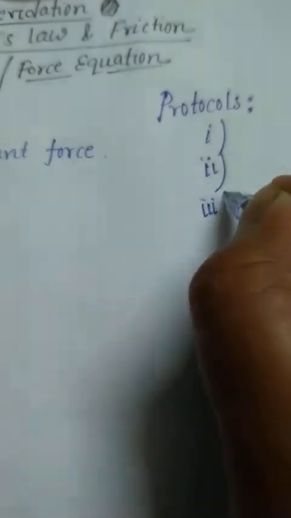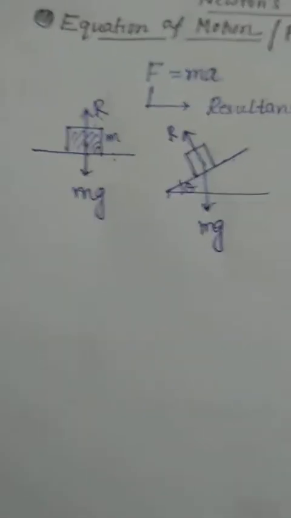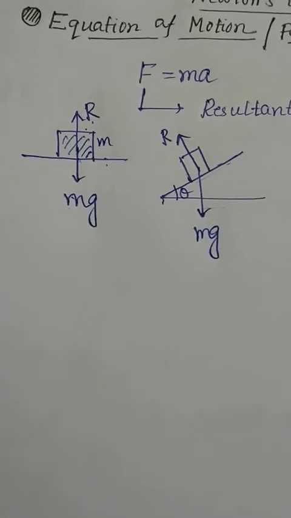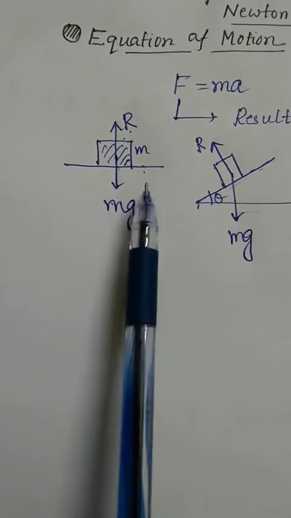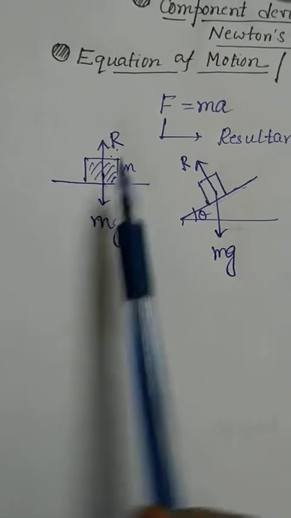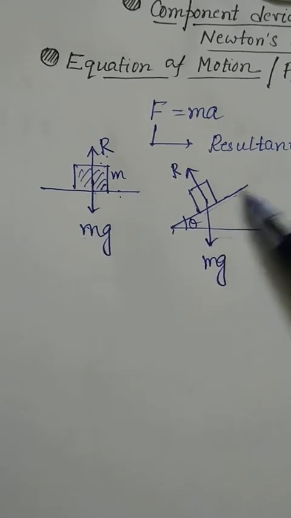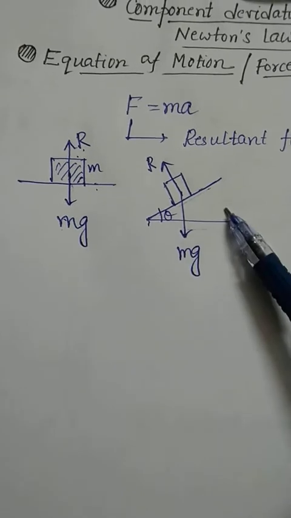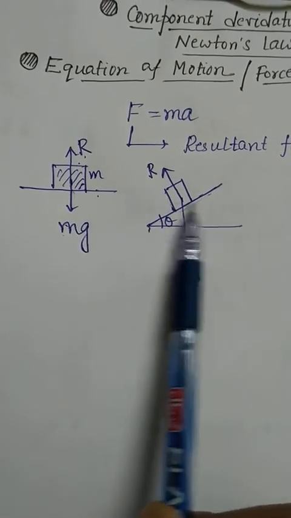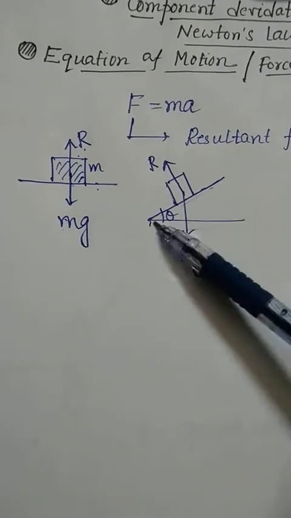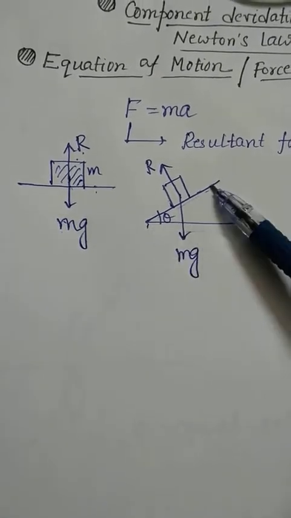Okay, so rule number 3. What is this rule number 3? Rule number 3 is very important. First choose on which plane you shall work. That means if we consider this figure, you shall work along this plane, and if you choose this figure, we shall work along this plane. You can choose this plane also, I shall give you an example later. So on this plane, we shall work along this plane.